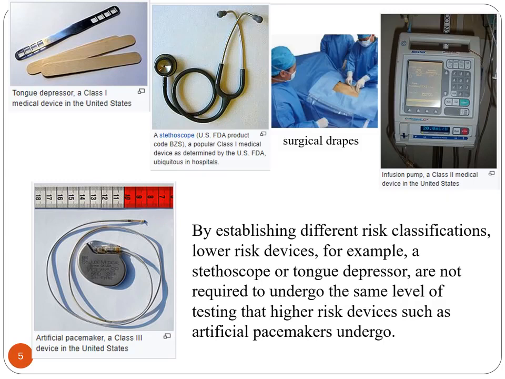Also the infusion pump, which allows very low infusion rates or tightly controls the infusion rate of fluids through IV infusion, is also considered a class 2 medical device in the United